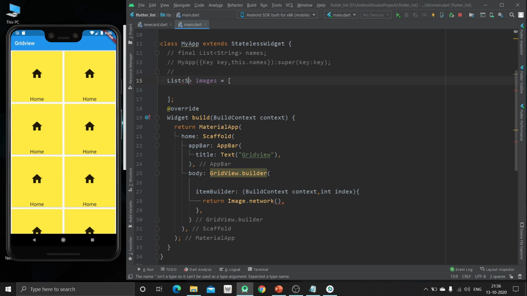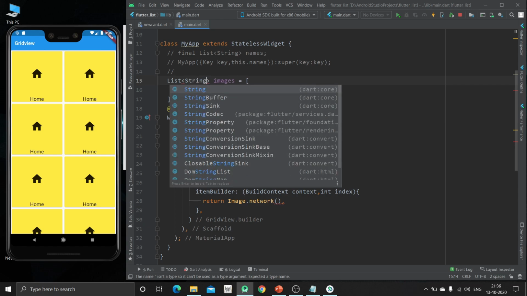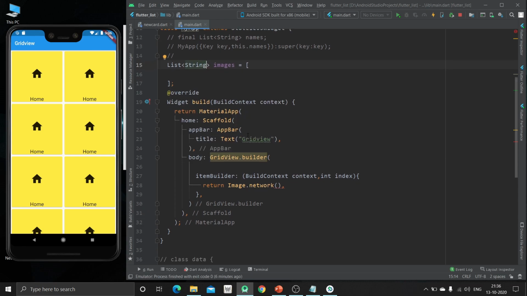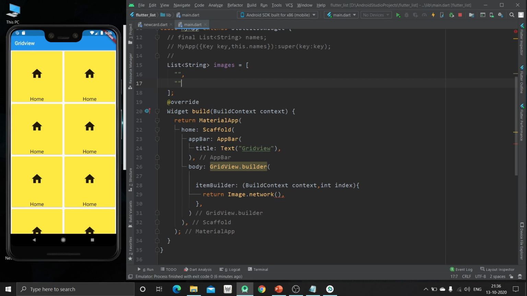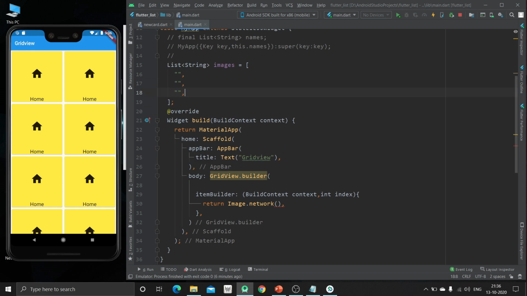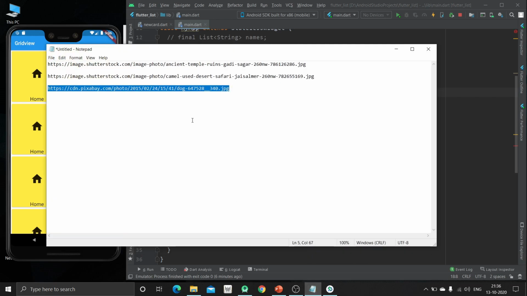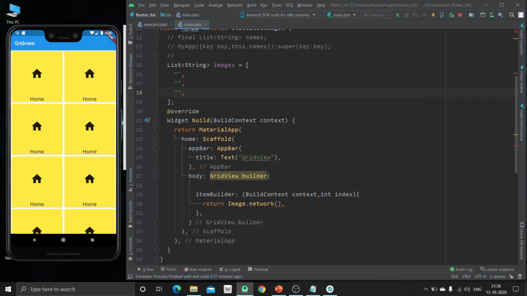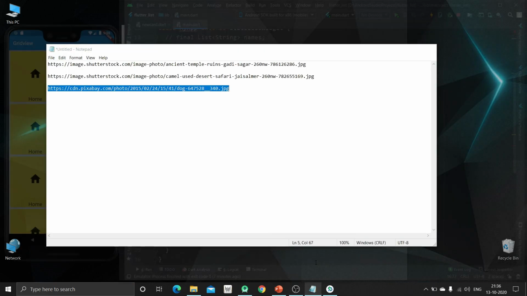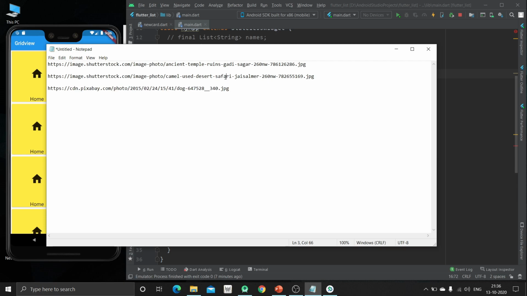Now as we know, the URL are in string, so we have to create one string list. Now we have to pass the URL of images. Now as I have already copied some of the URL of images from net, I'm going to just paste it over here.